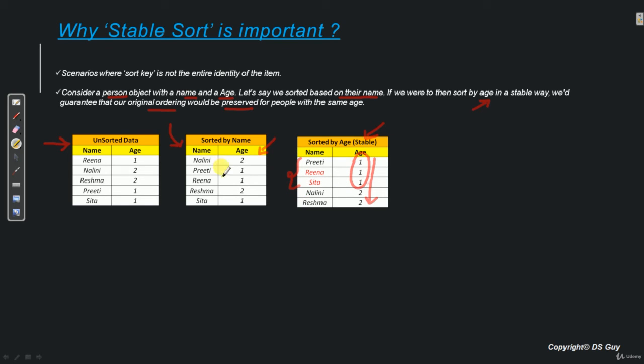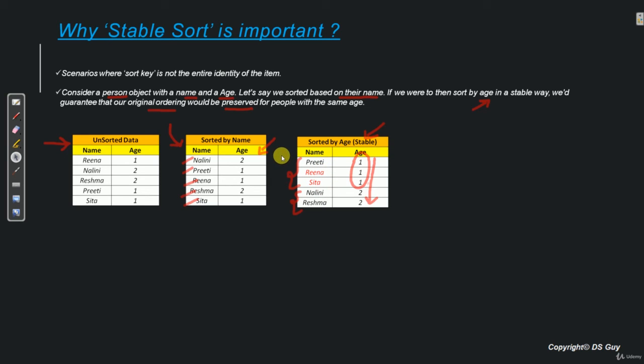If we see the previous data, Preeti was first, then Reena, and then Sita. Here also we see the same sequence is preserved. Similarly, for age 2, Nalini and Reshma, Nalini was first, Reshma was second. So the same sequence is preserved over here. So this is called stable.